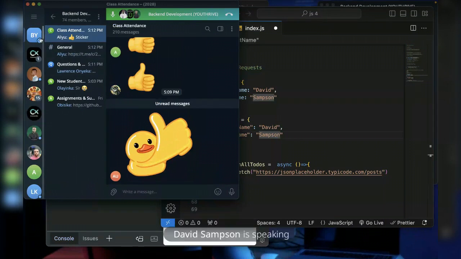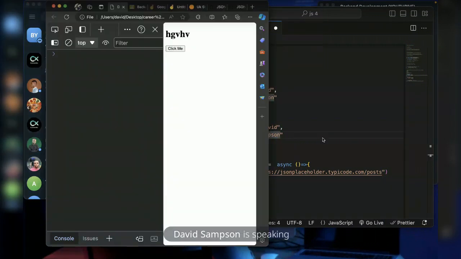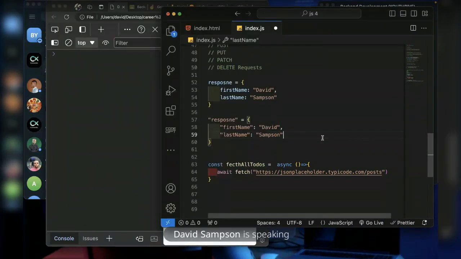And like I said, the format with which we send and receive data. So if the front end is sending you data, it will send it in form of JSON. If the back end is sending data to the front end, it will send it in form of JSON. And this is what we call JSON. JSON looks like an object, but the difference is, in JSON, everything comes in quotes.